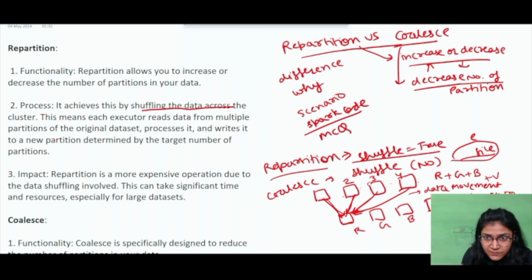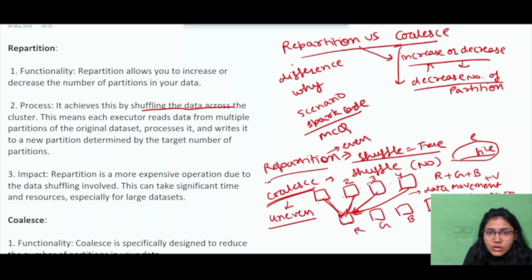So how repartition achieves increasing or decreasing is through shuffling. So whenever it wants to increase or decrease, it will try to cause a shuffle. And what would be the benefit in this case, right? So if I'm saying repartition does the shuffle and coalesce will not do the shuffle. So for repartition, it will be doing the effective redistribution, that is even distribution of data. Whereas in the case of coalesce, what would happen? In this case, there can be a possibility that there is an uneven distribution of data, right? And in the case of repartition, it is even. Why? Because there is shuffling involved. So whenever we are doing repartition, Spark will make sure that the data set does not have any skewness, and the data set will be distributed evenly, right?